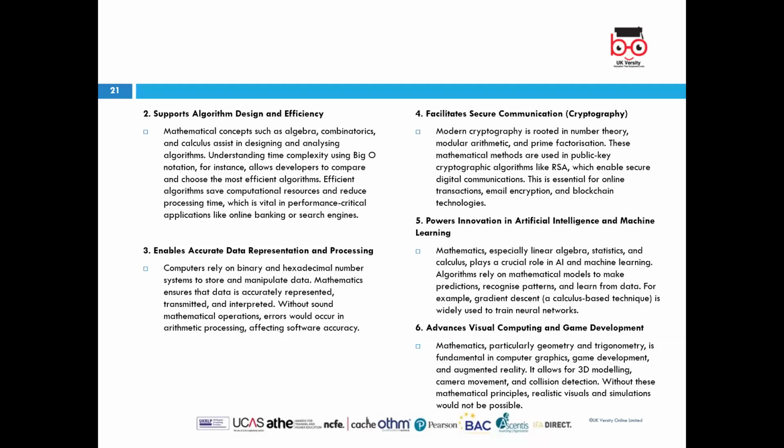It also enables accurate data representation and processing. Computers rely on binary and hexadecimal number systems to store and manipulate data. Mathematics ensures that data is accurately represented, transmitted, and interpreted. Without sound mathematical operations, errors would occur in arithmetic processing, affecting software accuracy. So four,